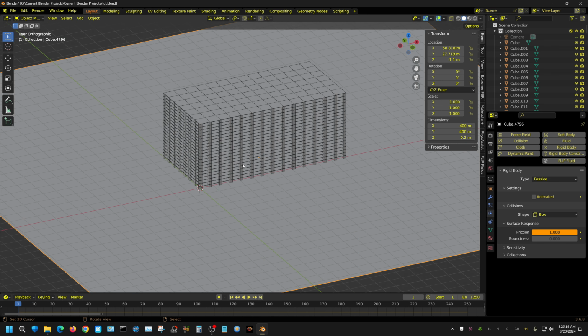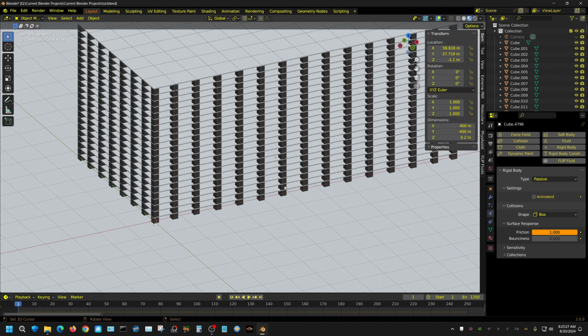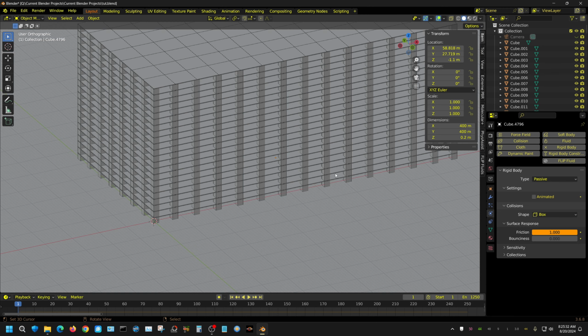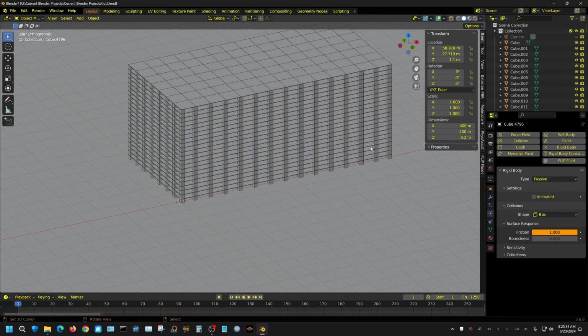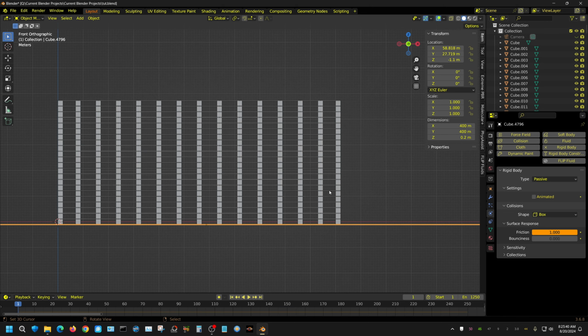Now, I did make a mistake, because see, if I look at this from materials view, I gave the post a material, but I didn't give the floor planes a material. So let's go ahead and do that now. It's actually a good way to show you how to fix a mistake like this, because that way you don't have to grab or select each individual object and then give it a material. That would take forever. So what we're going to do, I'm going to hide the floor plane by pressing H